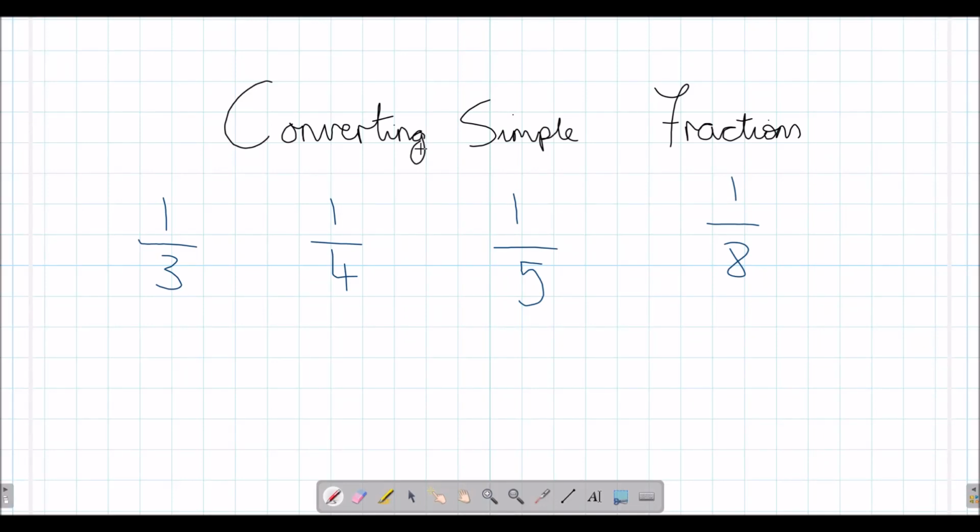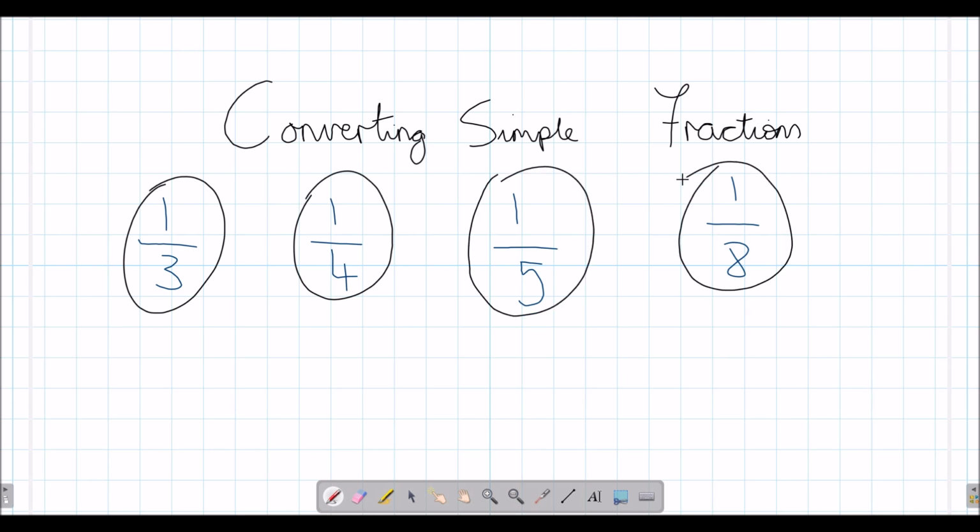Going to have a quick look again at converting simple fractions. It's something that we looked at this morning on Thursday. It's a bit of an area that we need to just get right, so that you know what a third is worth, what a quarter is worth, what a fifth is worth, and what an eighth is